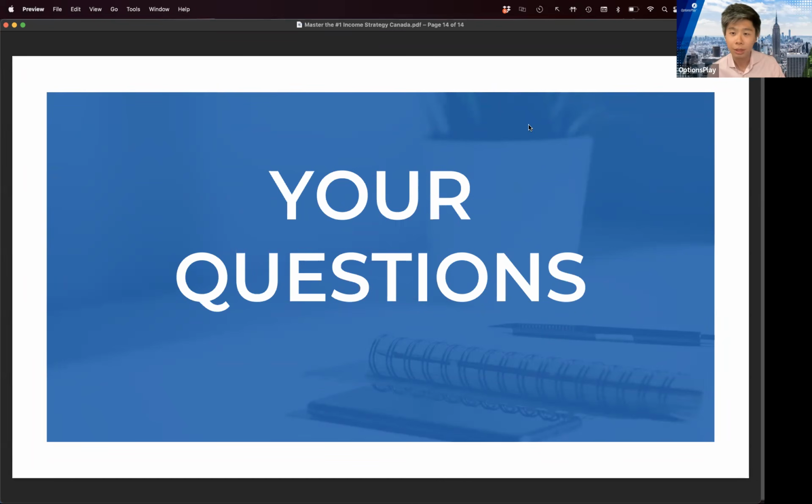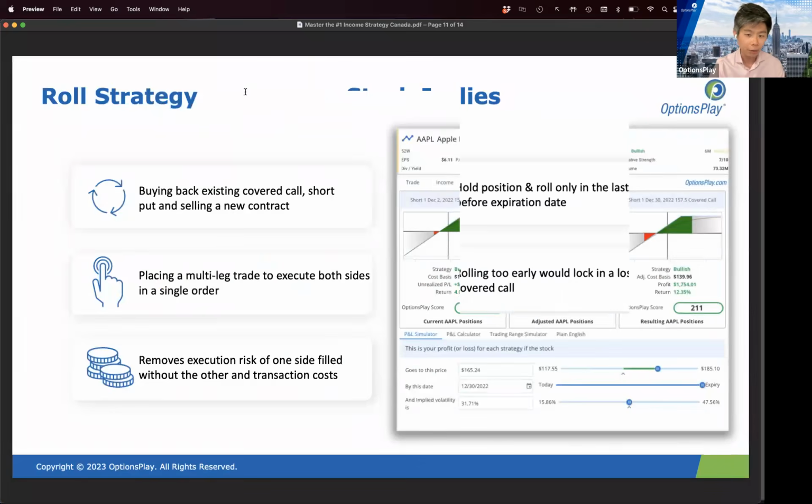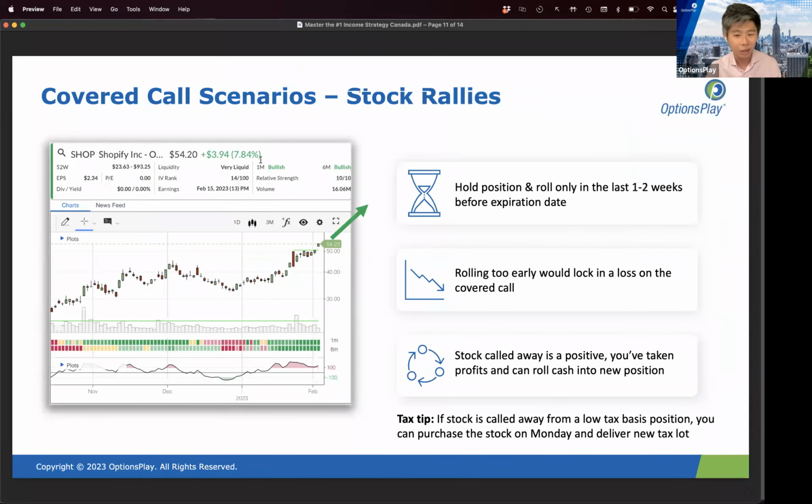Peter's saying, if you have a covered call that's deep in the money and you have the cash, rather than roll, what about buying another 100 shares and selling a new call and letting the first one be assigned? Then you don't buy back the call at a loss and you aren't paying for the present time value. So Peter, I haven't thought through exactly your scenario, but I think what you're saying, and actually